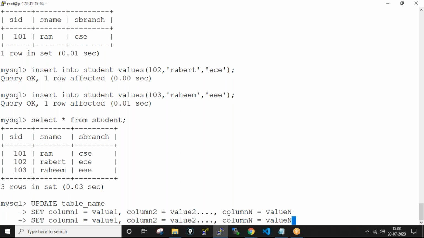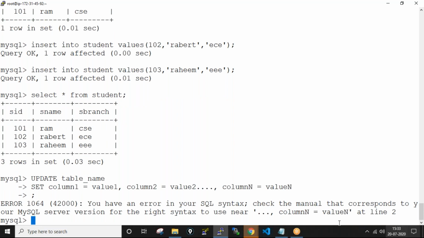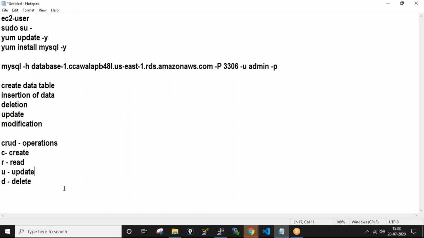So this command won't work, right? So we need to update that command.